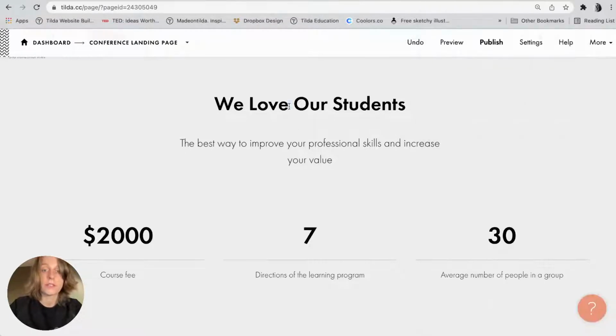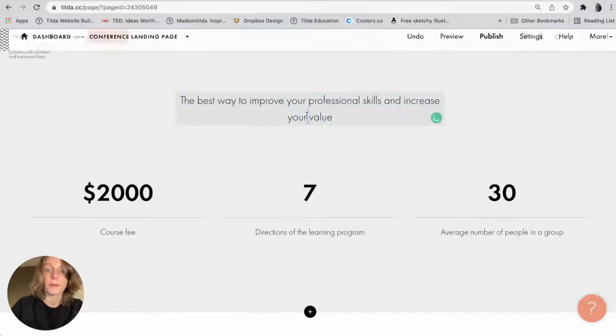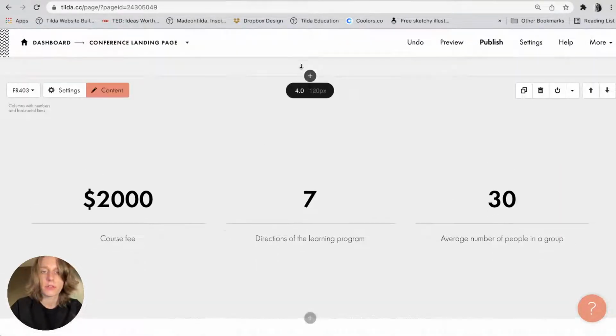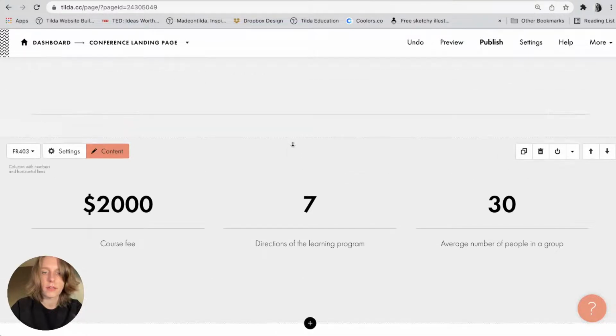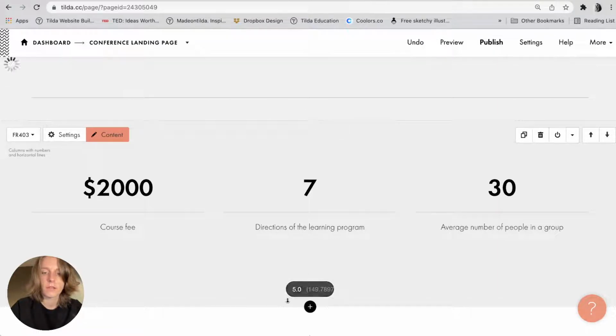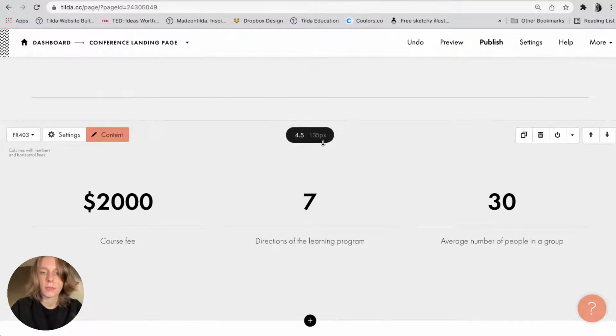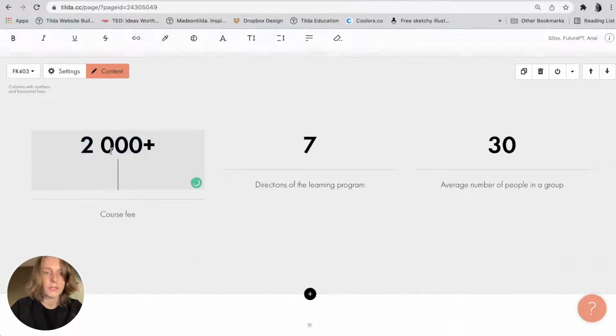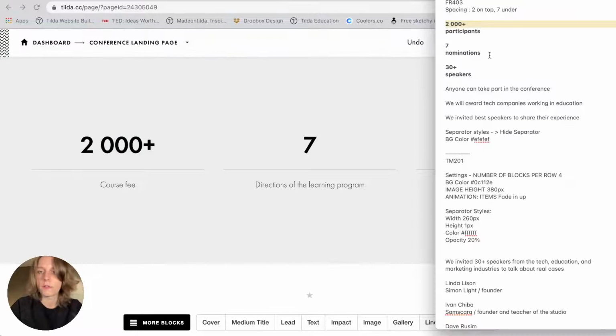All right, so we just delete. We don't need any descriptions or headings over here. Okay, I will just bring it back. How much spacing do I have? Here is 5. Yeah, I'll keep 5 over here as well. All right, very good. And so these are my numbers, quite different from the